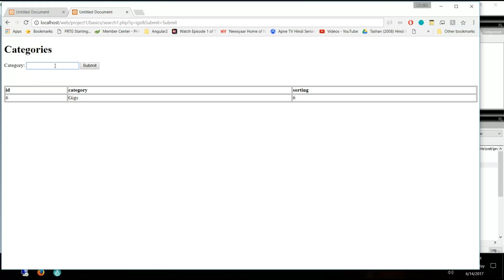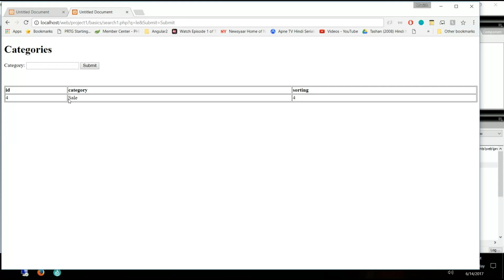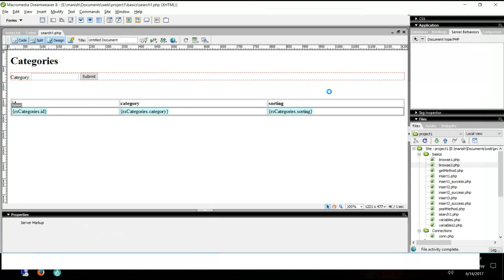If I say, what are the other things? Jobs. OBS. Which have sale. Let's say LE. If I say LE, I'm getting sale because it is ending with it. I can also say